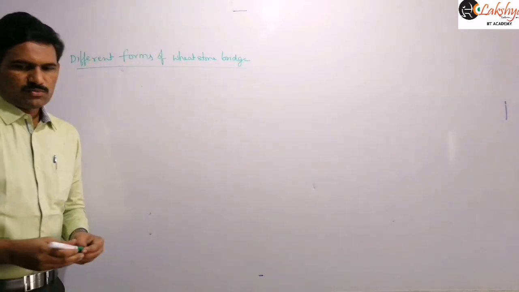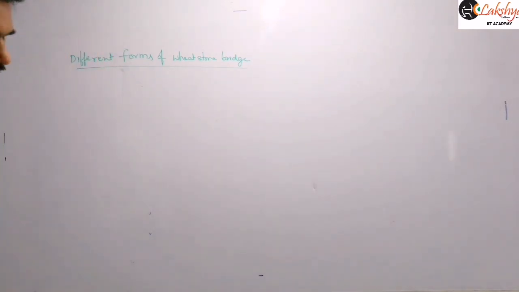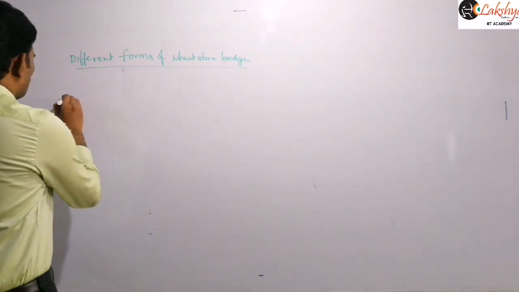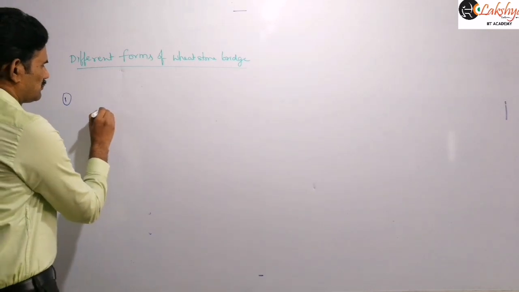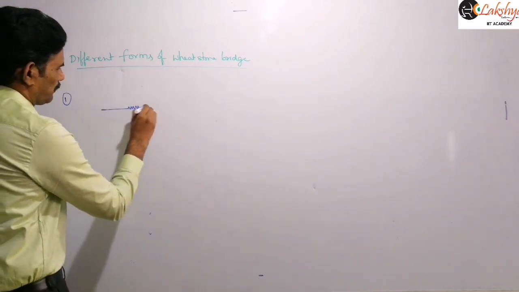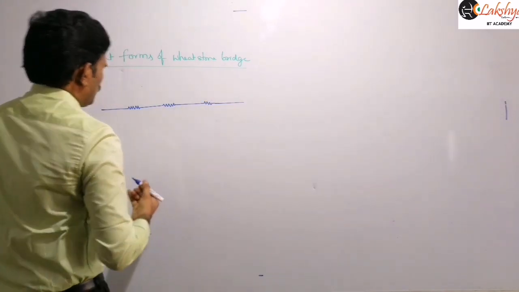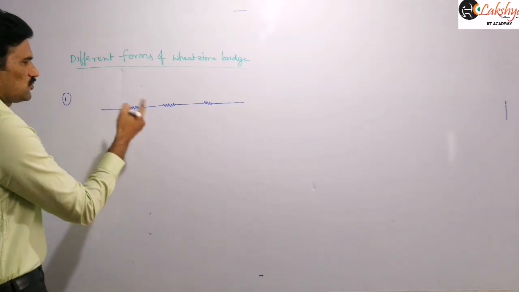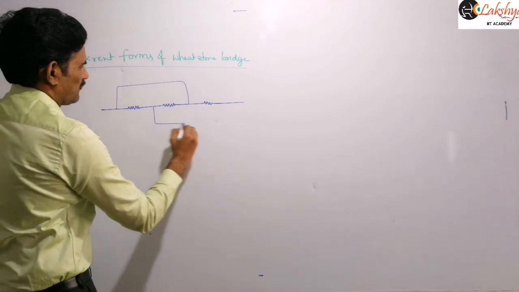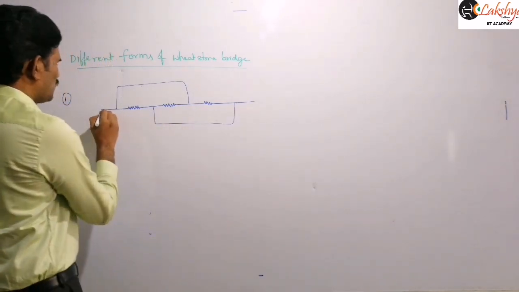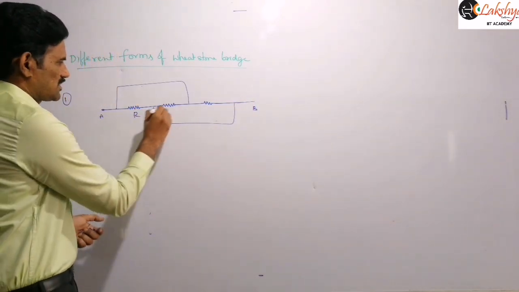So let us see the different forms of that Wheatstone bridge now, right? Here, as I said, it is not only the standard form, there will be different forms of the Wheatstone bridge. Suppose I am taking a situation like this. We solved this type of problem already, when discussing series and parallel. If I want to calculate the effective resistance between A and B, and the resistors are like this, right?